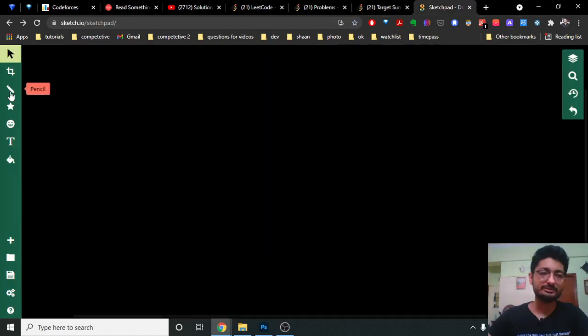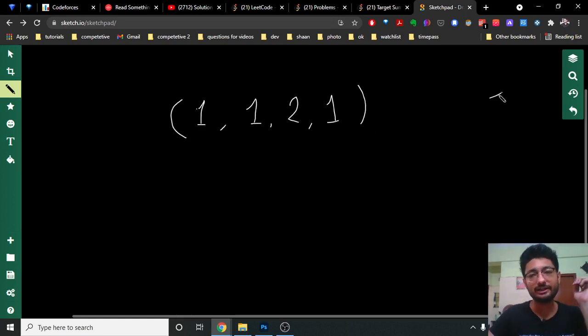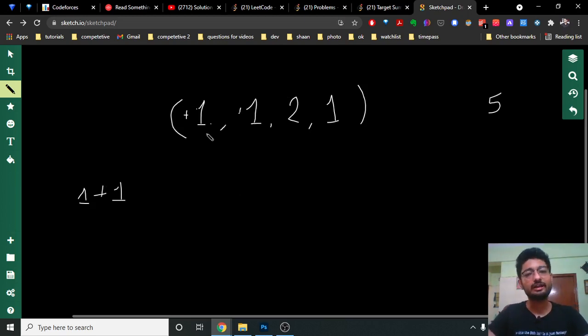In the problem statement, you are given some numbers. Let's assume the numbers are 1, 2 and 1. Now you want to reach a state of, let's assume, 5. What you can see in this problem is that at the first point maybe you want to add 1 to it, like you have to plus 1, so you add 1, then you again add 1, or else you might have added minus 1 here. So it can become 1 and minus 1 also.